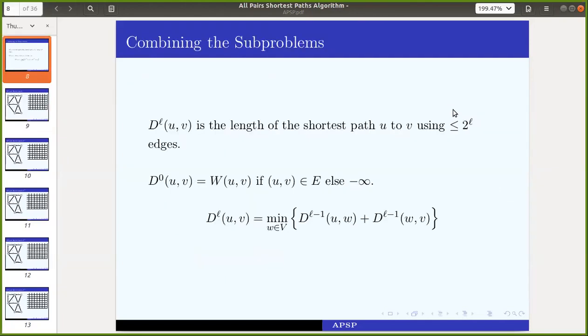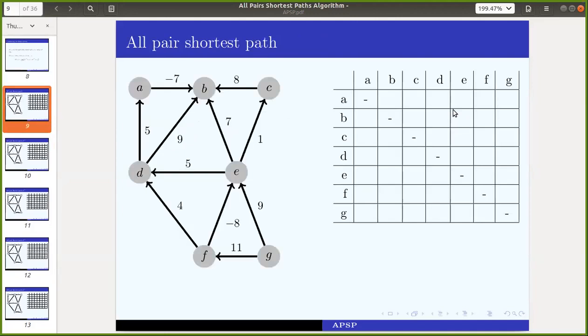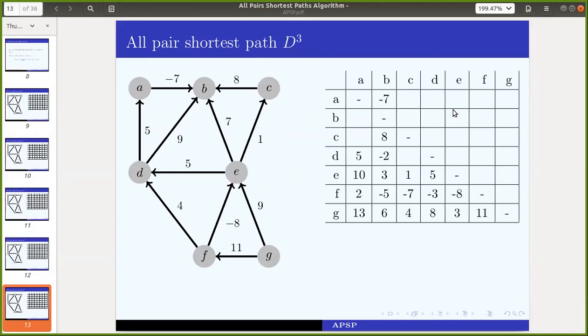Sir said that if there are 256 edges in a graph, then that graph can be divided into two parts, like two sets of 128 edges.